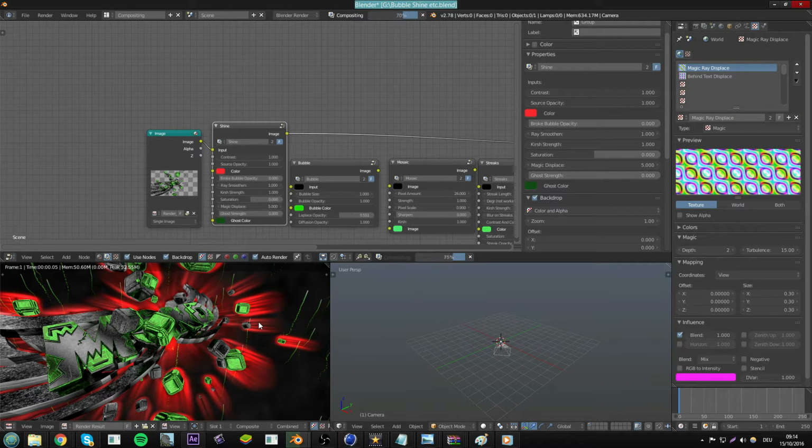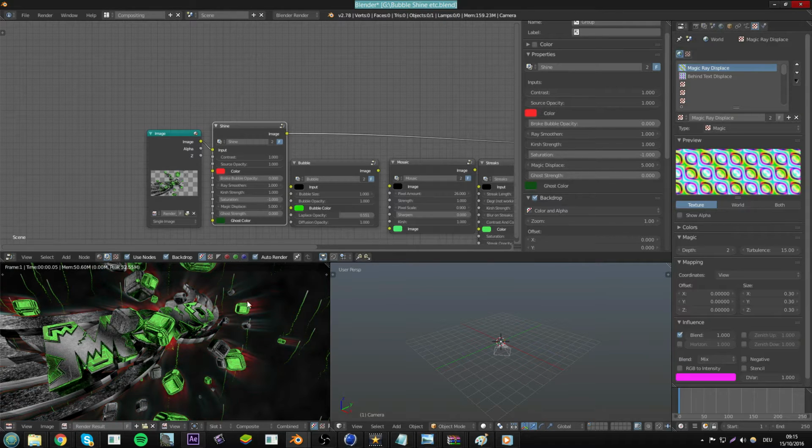Let's wait a second till it's rendered. Yeah, you can see that. Now if I put this to -1, then it's not completely black and white. I don't know why, but yeah, it's pretty much black and white. Yeah, you can see that still some red parts. So we have now the